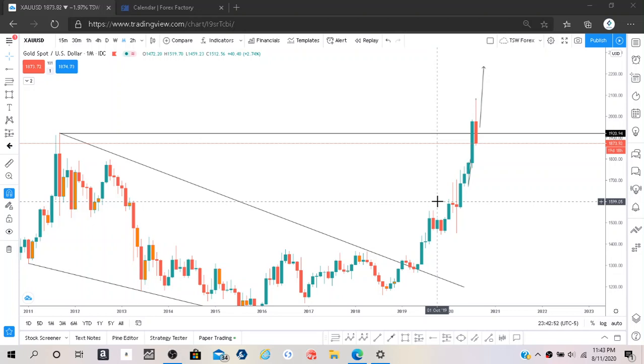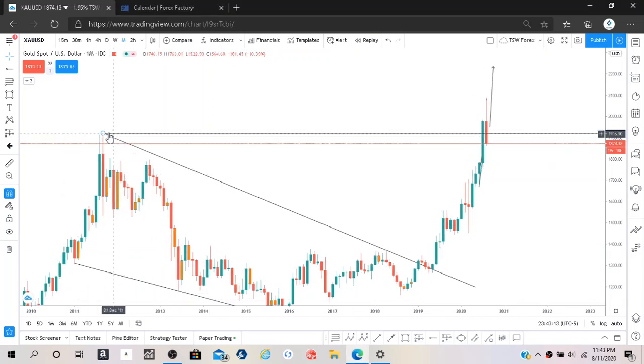Alright, hey guys, I figured I'll just jump on the charts to talk about gold because gold has been moving very heavy this week. It has been probably the hardest drop I've ever seen any currency or commodity do in a long time. So this is the monthly time frame, and we can see that in the previous high that